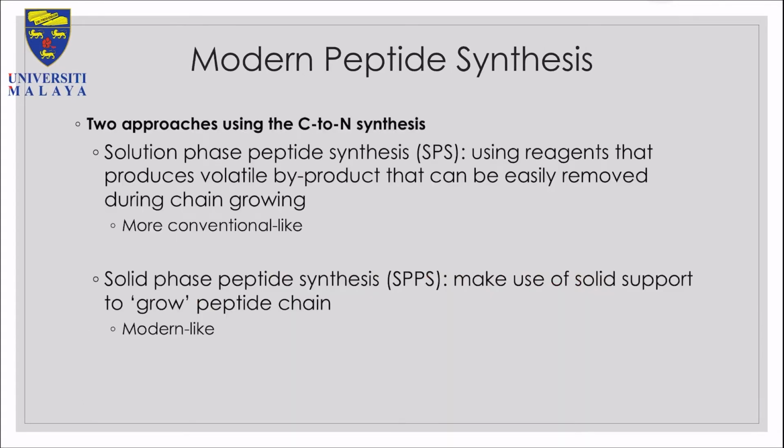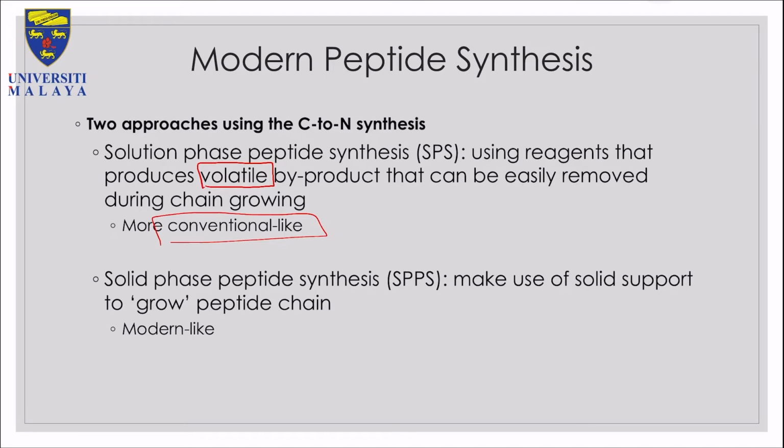So how can you do it? There are 2 approaches by which this peptide synthesis can be simplified. The first option is still in solution phase peptide synthesis, by using a reagent that produces volatile byproduct. Okay, this is the keyword, volatile byproduct that can easily be removed during chain growing. So it's still conventional, as what I've shown you previously, but if you have a volatile byproduct,